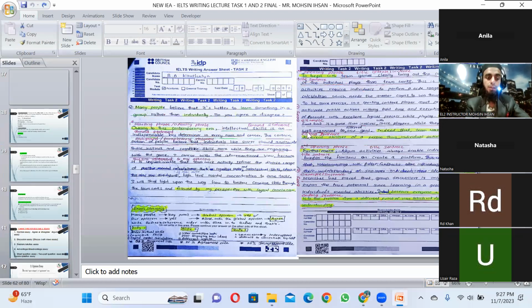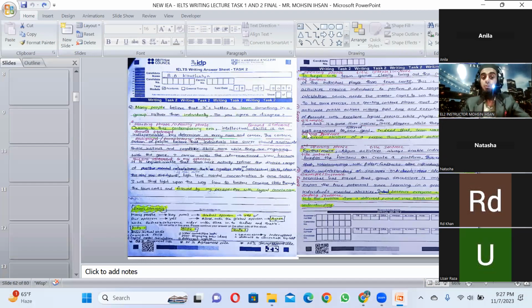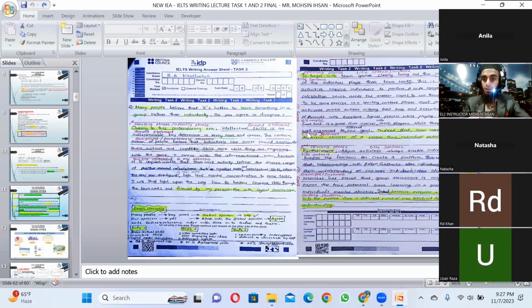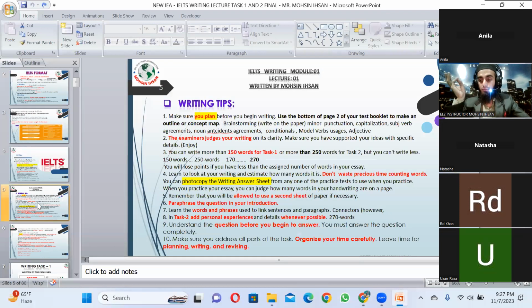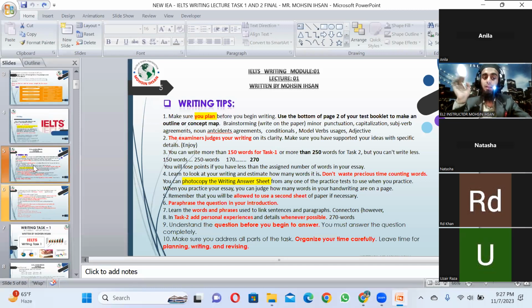Next are your words. You must remember also some words, right, to use in your writing section, like for instance the connectors, to connect your ideas, like firstly, secondly, furthermore, in addition, additionally, moreover, thirdly, and so on, right? Whatever the connectors are, I would share a connector list. At least 12, 15 connectors you must remember, instead of using